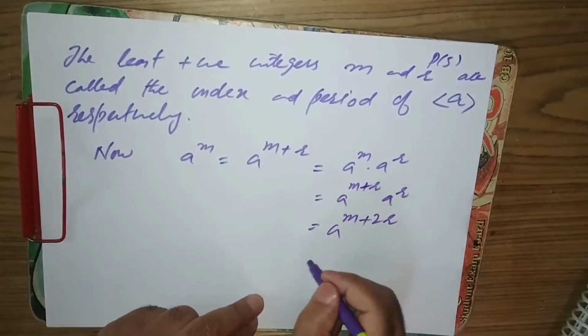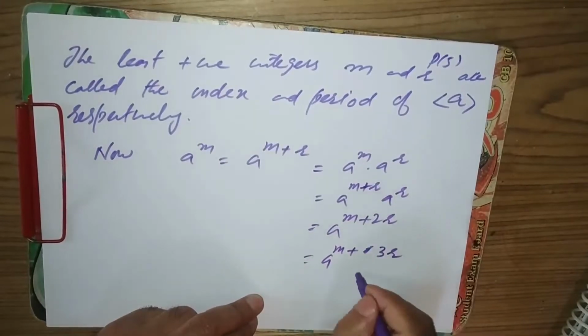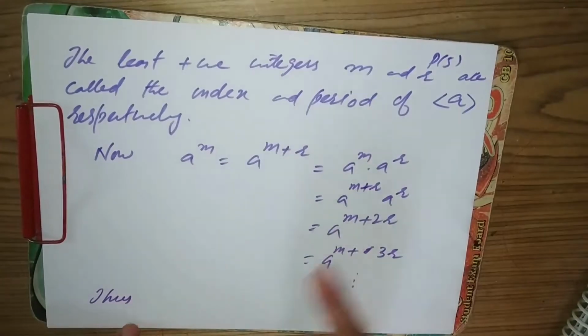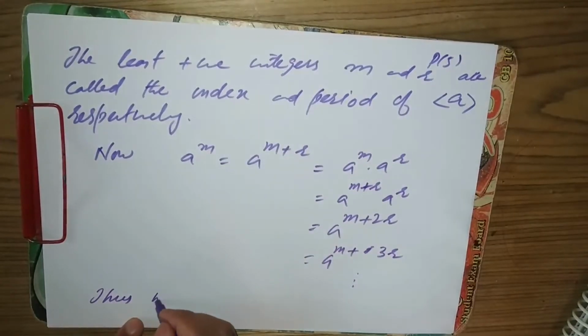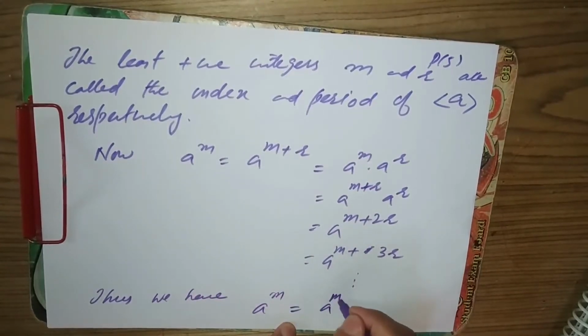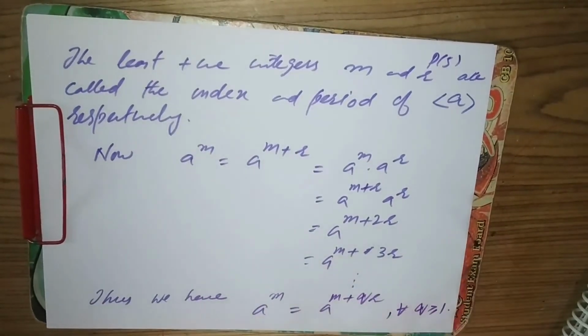And similarly, it's equal to a power m plus 3r, and so on. So if we continue this process, we have a power m is equal to a power m plus qr for every positive integer q, for every q greater than or equal to 1. This can be proved with the